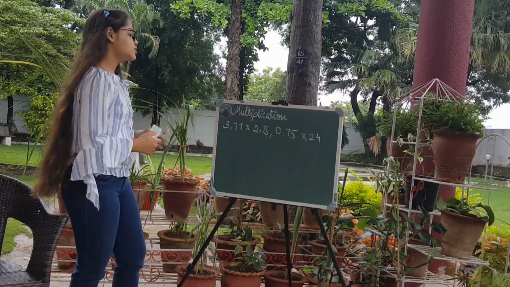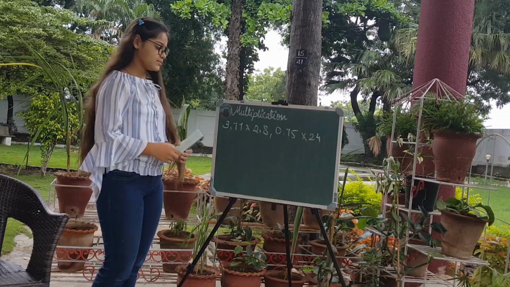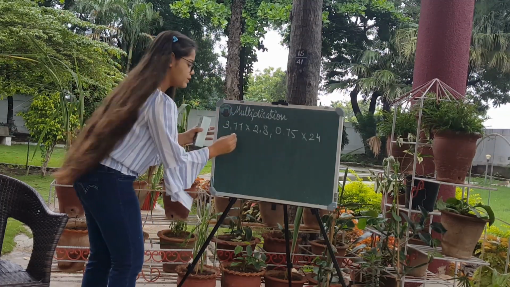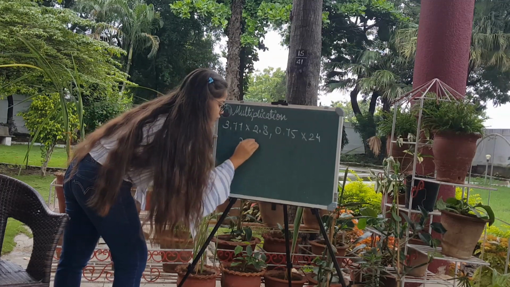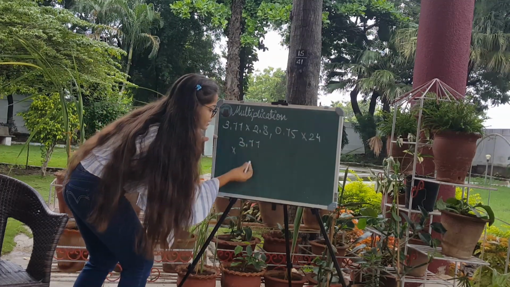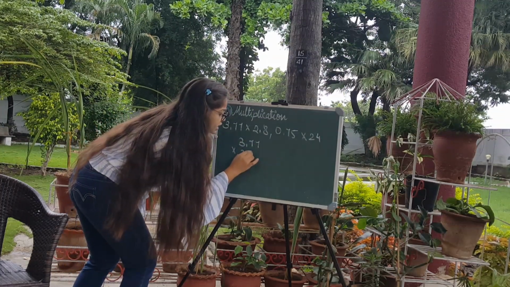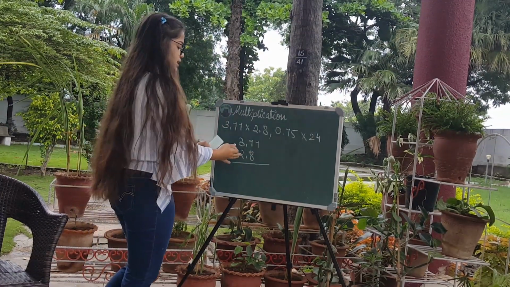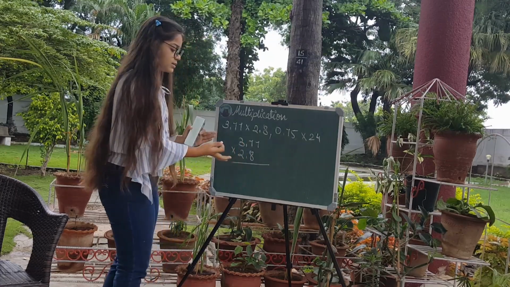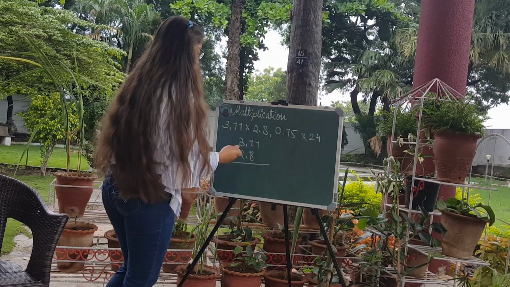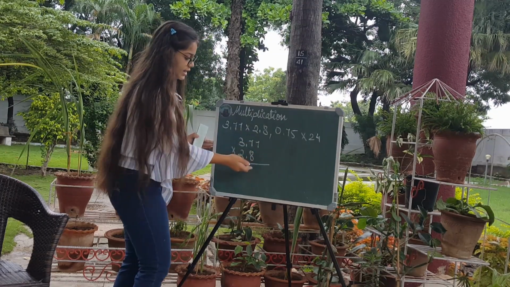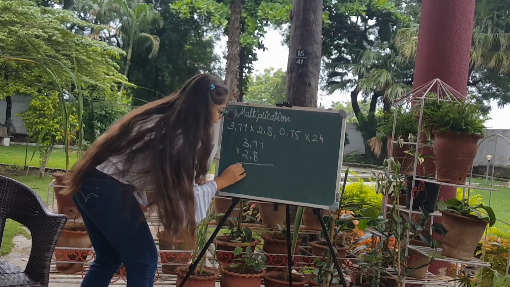Now let us move on to the multiplication of decimals. Here I have two examples for you. Let us solve the first one. The first step is to multiply them just like normal whole numbers, ignoring the decimal points. So basically, here we have the decimal points, so you can just ignore them. You can take it as 377 into 28. We get